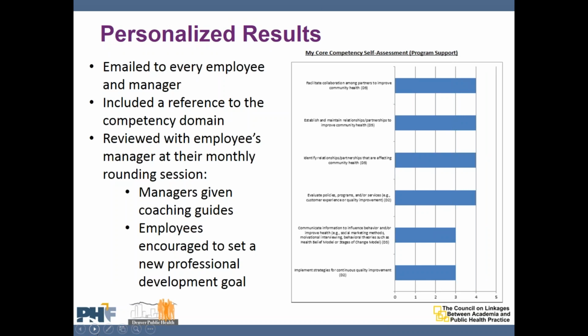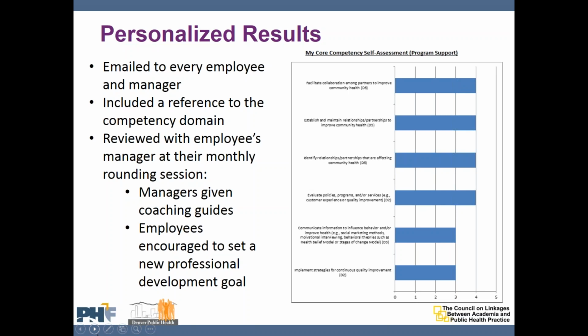After the survey period ended, we used the month of July to compile and create results for each employee, program area, and the department. So what you see on the screen here is a screenshot of what employees received a month after they completed the survey. And that's really a summary of their self-assessment results. We presented the competencies with their strongest self-assessment at the top and tapered down from there. And the self-assessment referenced the broad domain from which each of these competencies came from. And we did that intentionally.